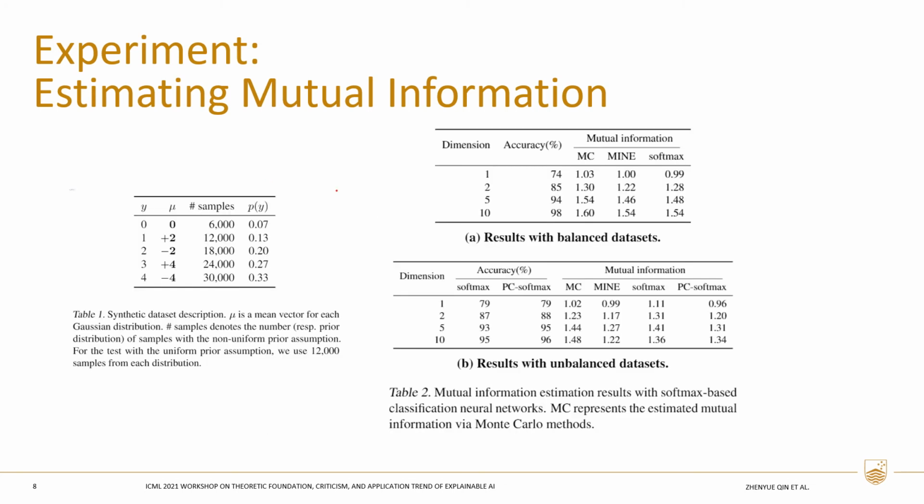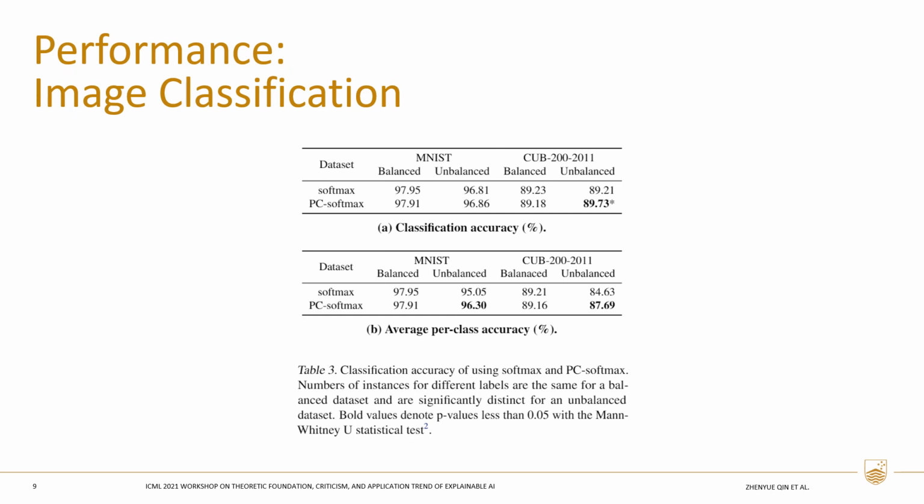This slide shows how accurate can our PC softmax with a negative log likelihood evaluate the multi-information. The results are consistent with our theory. The evaluated multi-information is very similar to the ground truth values. Also, our evaluator is even more accurate than multi-information neural estimators, which uses another form of variational lower bound to estimate multi-information. Then, one may wonder whether using the new PC softmax can increase the classification accuracy.